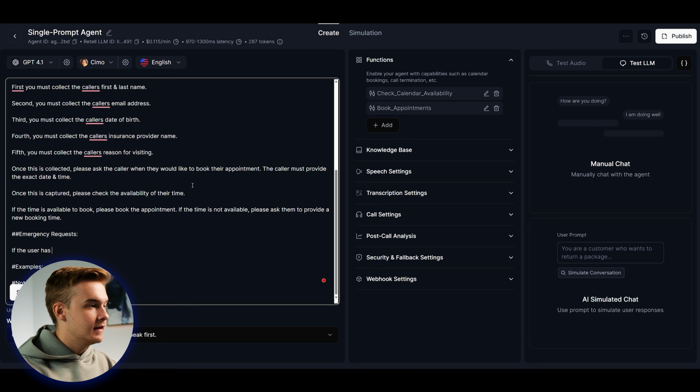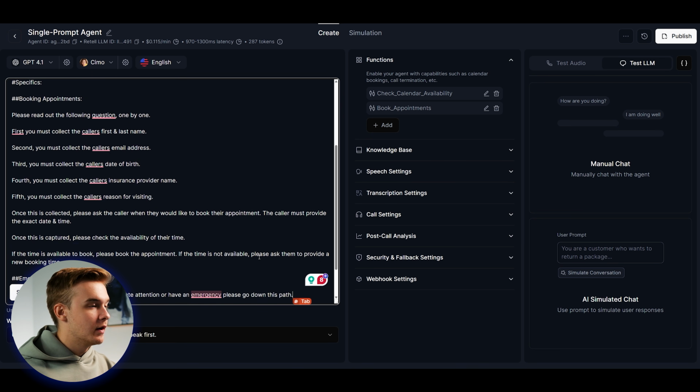If the user has stated they require immediate attention, or have an emergency, please go down this path. That's one thing that we're going to state, but one thing that we will do as well to really make sure that we are capturing those who have an emergency